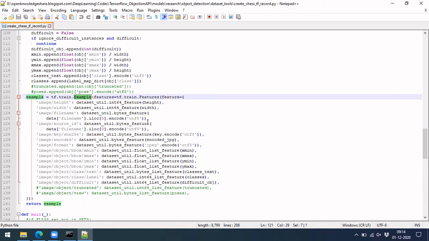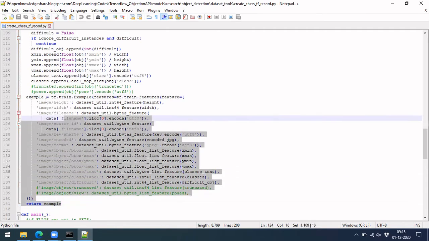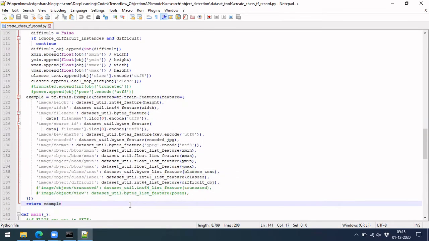By doing this, your training will be much faster compared to the previous way, because the way it reads, it did not have to read the image and convert it into a format and then do it. All of this is contained within this. So that is one advantage of this. Taking all this image height and image width, in a format it will be saved here. Source ID, the encoded image is being saved, format is being saved, as well as every object-wise bounding box, x min, y min, x max, y max, and label, all these things.